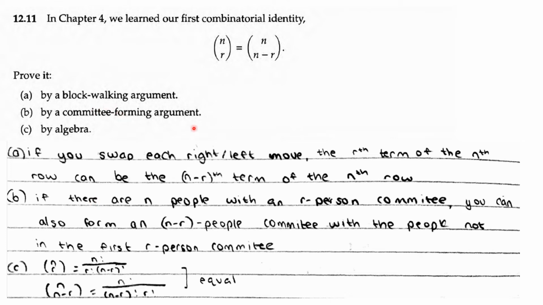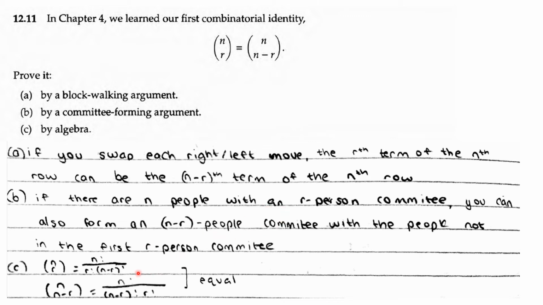B, committee forming. So if there are n people with an r-person committee, you can also form an n minus r people committee with the people that are not in the first r-person committee. Because if you form an r-person committee, the rest of the people is an n minus r people committee, so